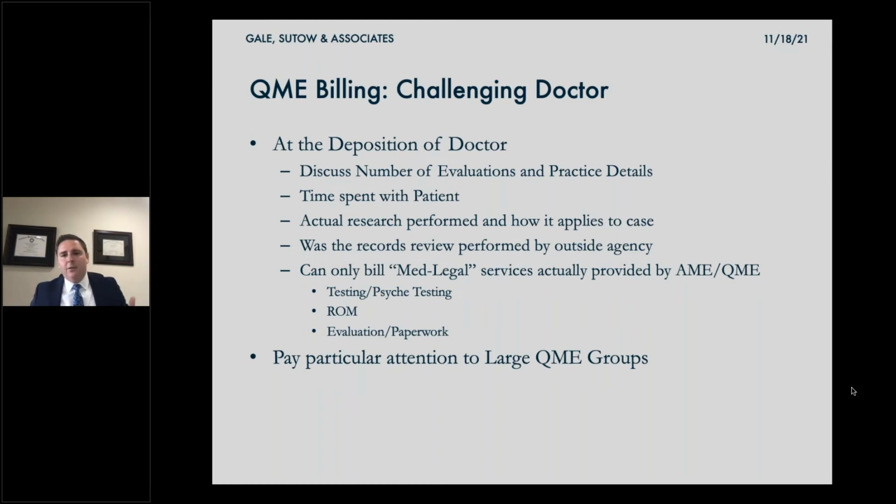Look out for psych doctors who maybe take an MMPI-2, who do those Beck anxiety and depression scales, but really they have the applicant outside in the lobby performing the testing. Then they get it in and they actually send it out to an outside service to do the interpretation. But then all of a sudden you get a bill saying they billed 4 hours for interpretation of MMPI-2 testing. Really, it's an online service that gives them the exact results. Most of these guys cut and paste it into their report. So be very critical about what's being billed. Look to make sure that what they're billing is proper. And if you're concerned about it, take that deposition.